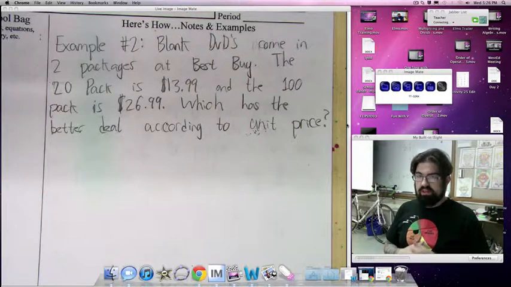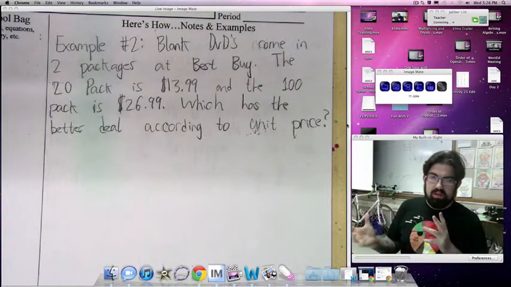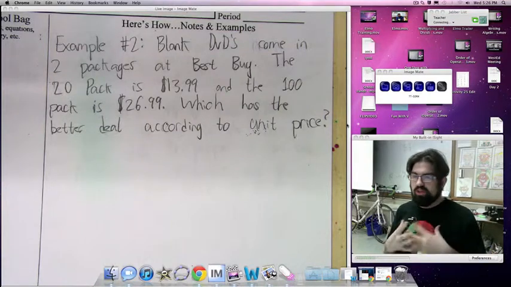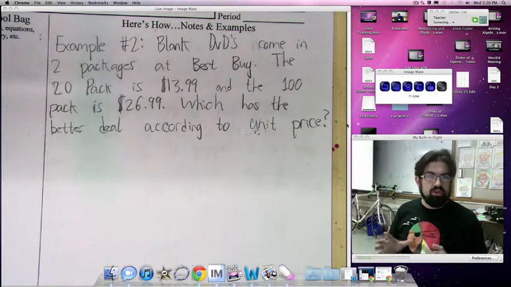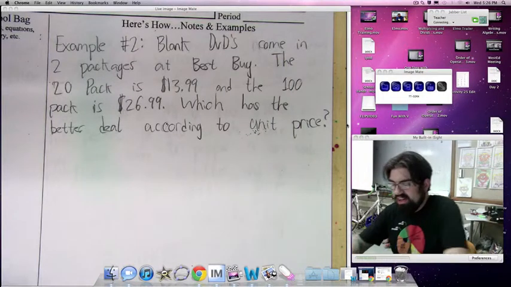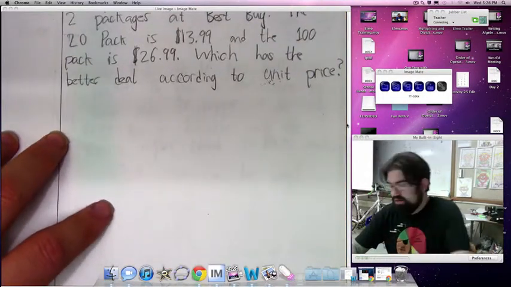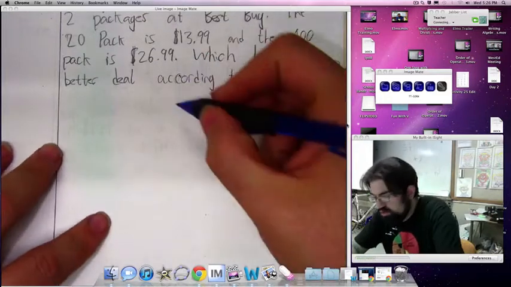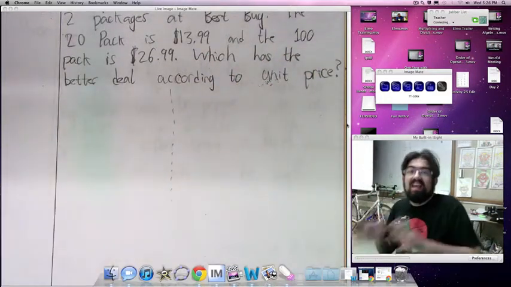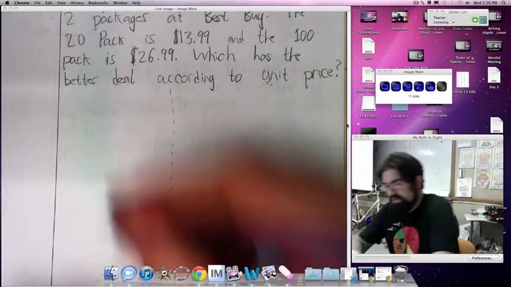So let's think about it. There are some other ways of doing it. I'm going to show another way in a minute, but I'm going to do it with the unit price first. Unit price works like this. I'm going to do the first pack first, and you do it separately. You always do 2 parts to this. You do one package, then you do the other. First package,